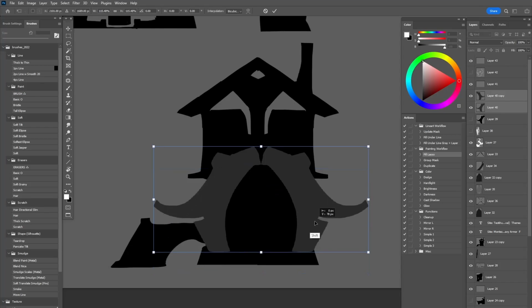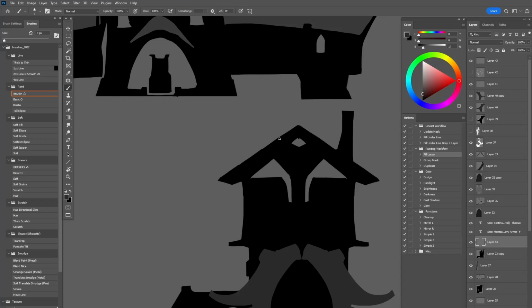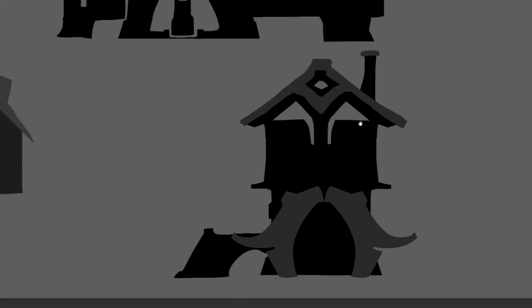I'm noticing that the top and the bottom of the main structure is a little divided right in the middle, so I'm gonna add some elements to the roof and try to make some of those shapes up there interesting, and maybe also use the roof shape to push the bottom part up a little bit. And we can always transform them to change the scaling up. Here I'm exploring different door shapes